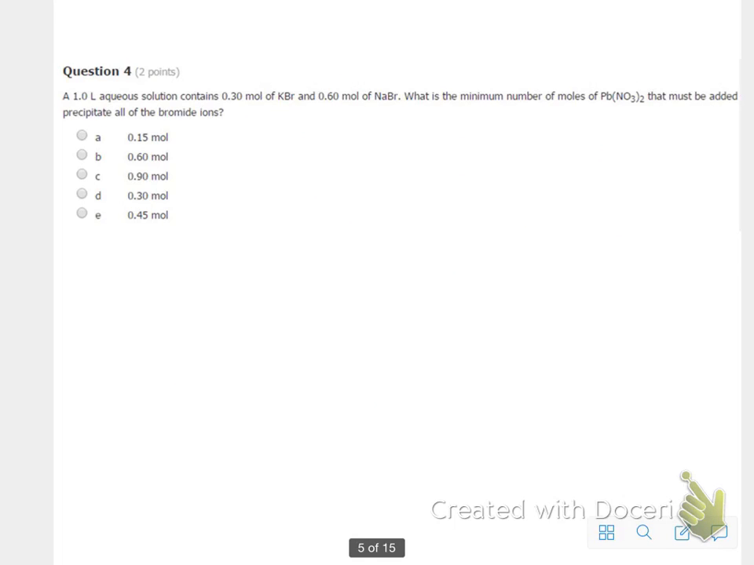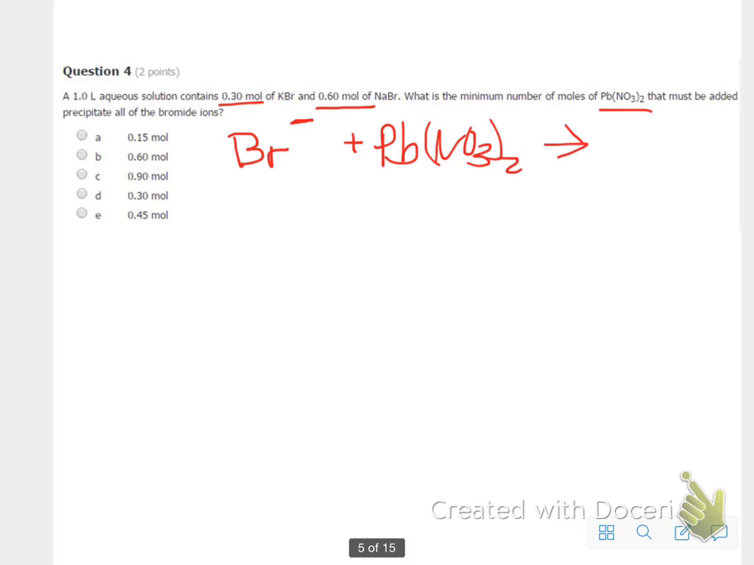Alright, a 1 liter aqueous solution of 0.3 molar KBr and 0.6 molar NaBr. And what is the minimum number of moles of lead nitrate that must be added to precipitate all the bromide? Okay, so let's just try to write what I have going on. I have the bromide ion, right? And I'm adding lead nitrate to it. And I end up getting